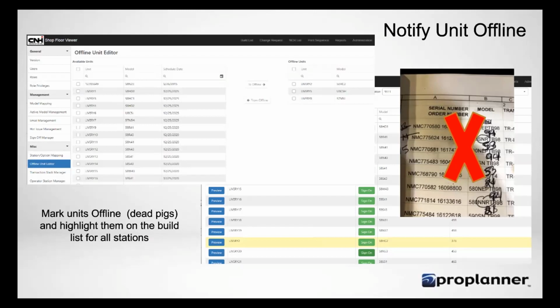Because I could have a sub-assembly station that's way down the line, and the guy may have already started working on this, right? Or the guy may want to start working on this. By notifying everyone that this unit is offline, we let them decide whether that work needs to be completed or they can move on to another unit and start working. So this is important for us to show the operators on the line. But what is most important is we are preventing them from printing these schedules again and again and handing them over to the clipboards, right? So we're highlighting units on the build list for the operator as to what's gone offline because of whatever problem.